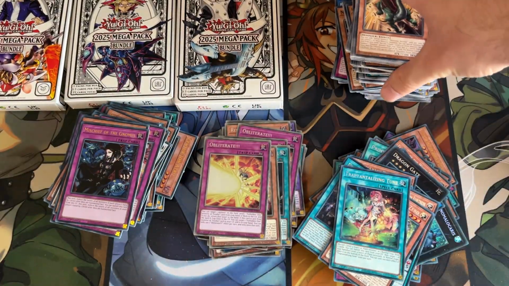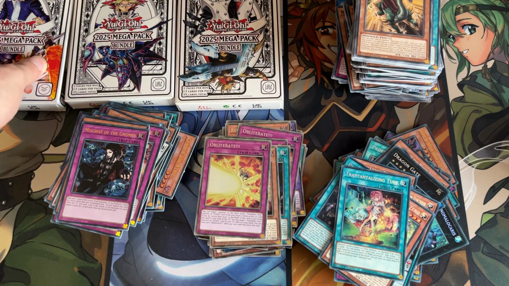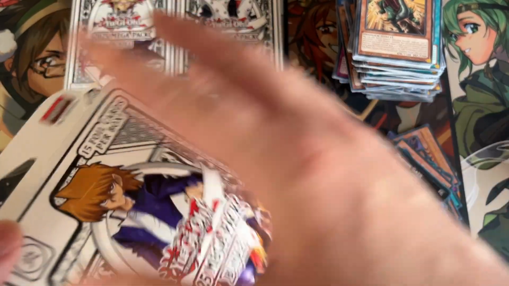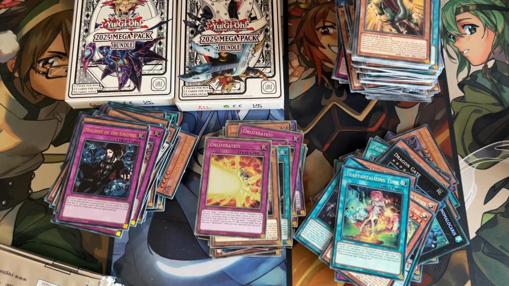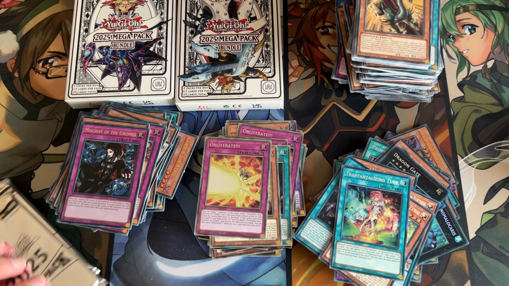Okay. So we are now down to our last 3 tuck boxes. So we've got a Joey, a Kaiba, and a Yugi. I'm probably going to go with Joey first. Because in fairness, the Joey ones have produced good luck. Because it was a Joey one which I got Pot of Greed from. So, yeah. See what I can get. I think now if I'm looking for a Starlight, it's probably got to be the